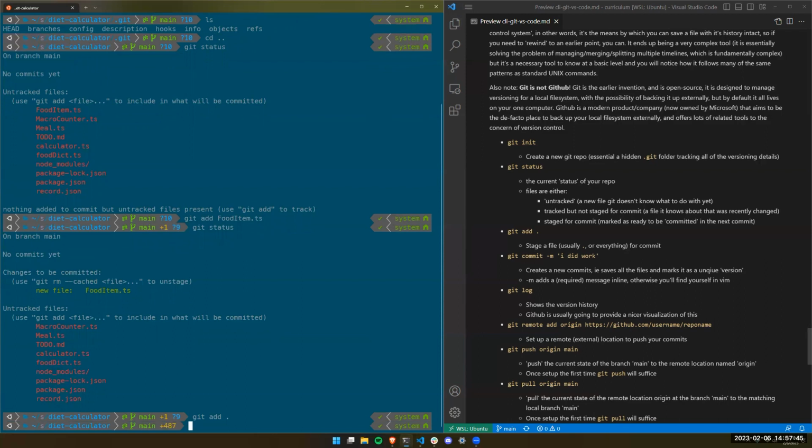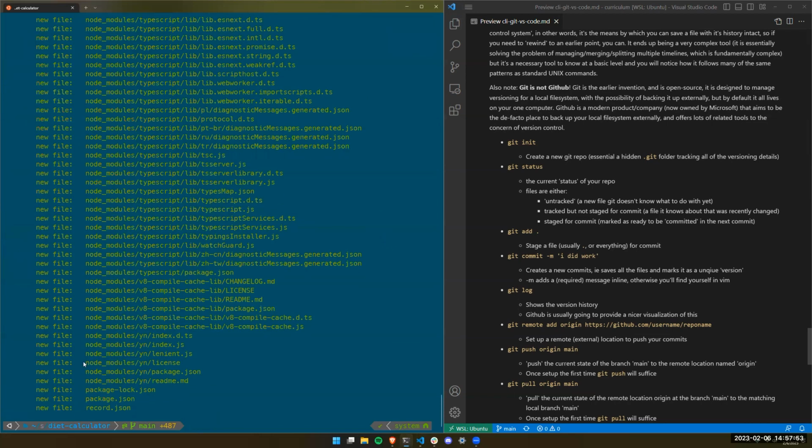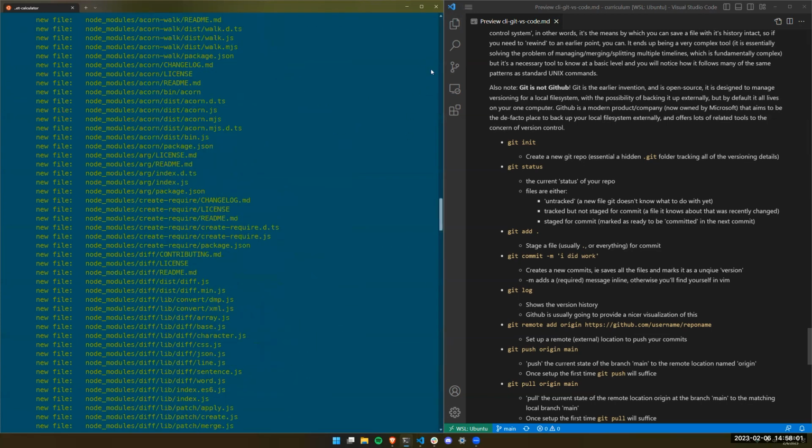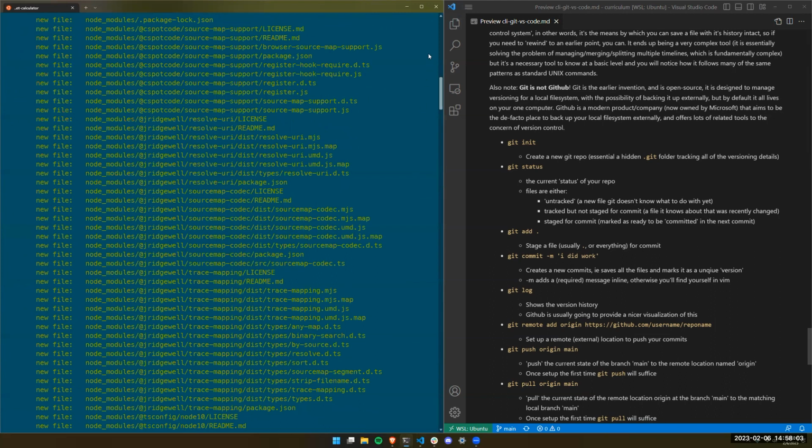Took a second. Wow, it's saying 487 files. That's actually gigantic and probably not what I want. So I'll say git status, right? I didn't realize I have this thing called node modules. It's all these other things I downloaded that my thing depends on, but I don't really want to keep track of all of that.